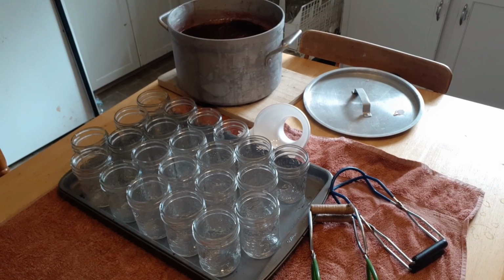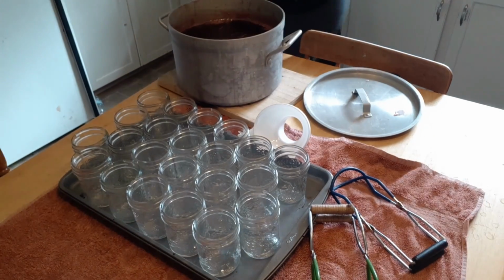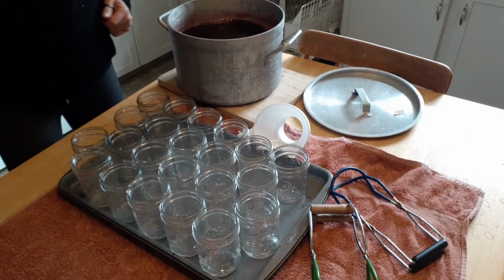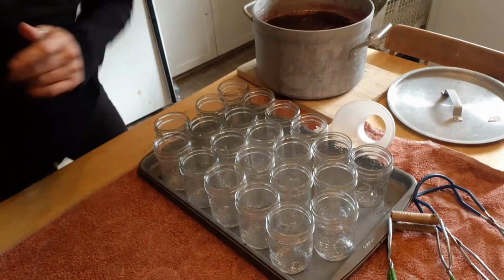Alright, guys. I took one thing out of the oven. That's my rack. Rack in the water bath canner. I have to use the bottom to one of my pressure canners for my water bath canner because the rack got stepped on in the basement and it's not doing too well. So,